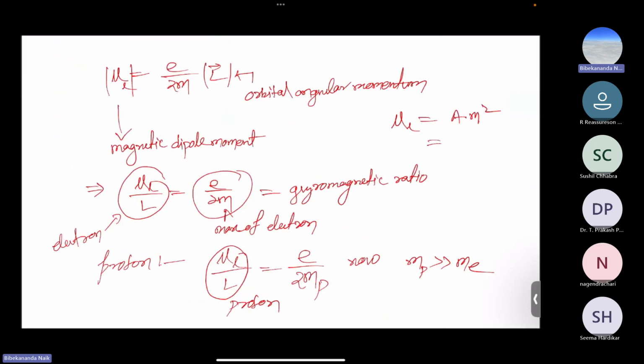This can again be written in terms of joule per Tesla. And there is a unit of orbital dipole moment, which is the Bohr magneton, which is called mu B. We will discuss it in more detail in upcoming questions. So let's